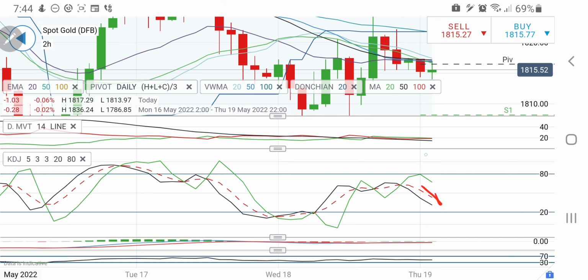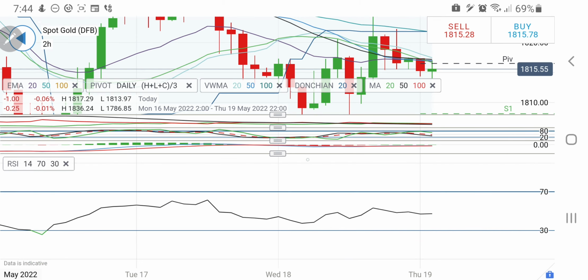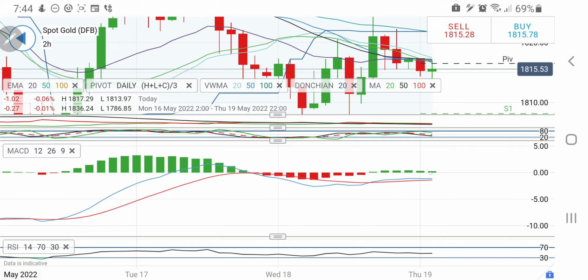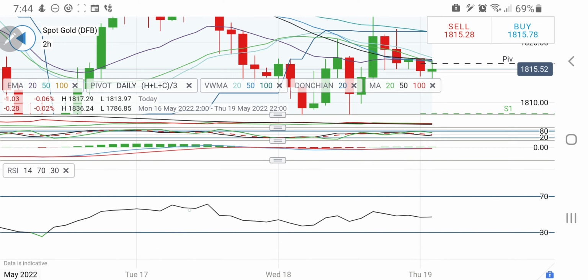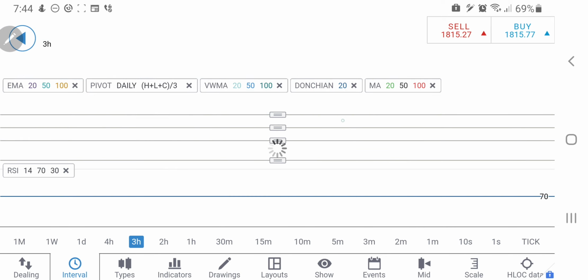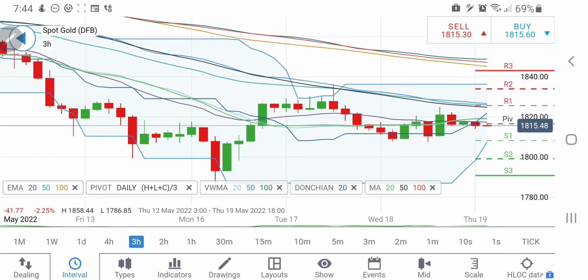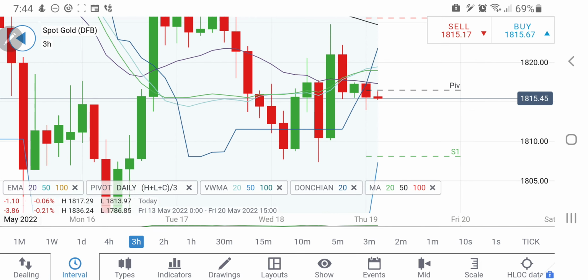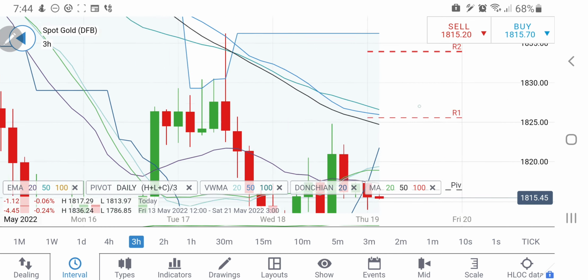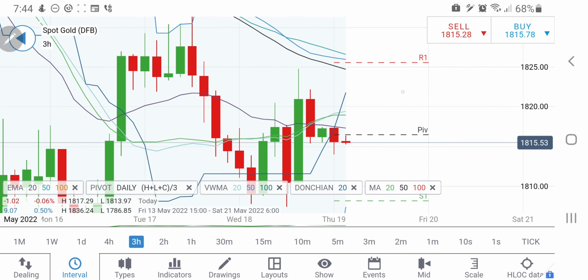The stochastic is looking downwards. The MACD is on the greener side, but because it is running with so little divergence, they may cross over again. RSI is trading flat. If you look at the 3-hour chart, similarly, see, lower highs have already been made, and you can see it may try to trade within this zone itself.